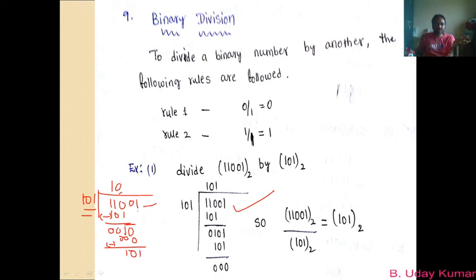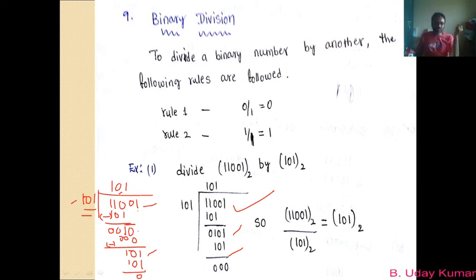So take that 1 to this side, and again just divide this 101 with 101. So this is 101, right? So now you know that 101 ones are 101, and if you subtract this, what do you get? You get 0. So remember here I have written directly. Okay, direct step I have used this one.